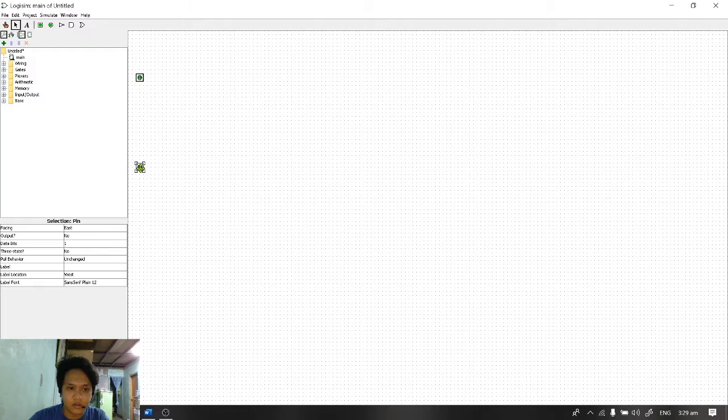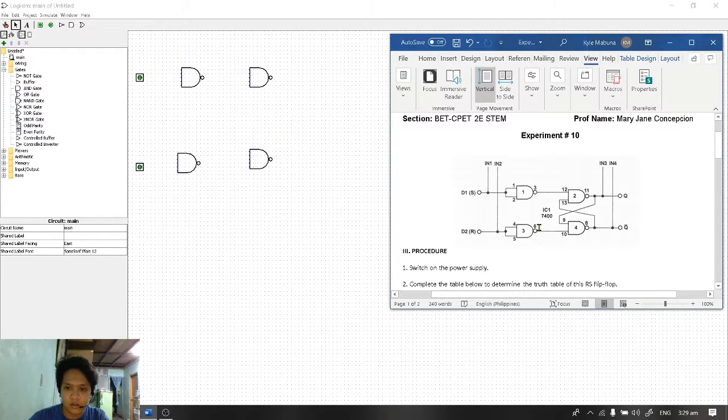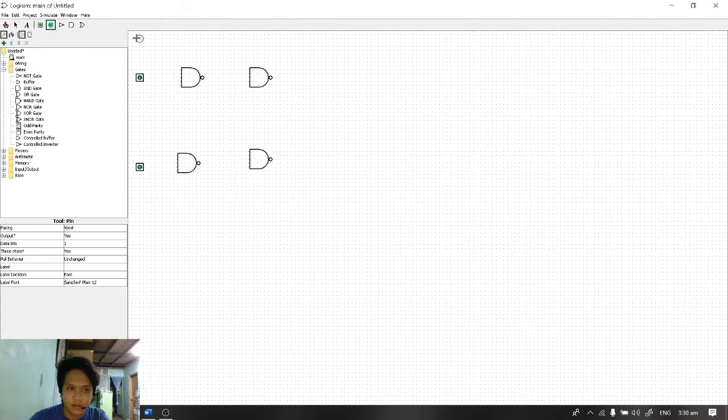dalawang input, then 4 na NAND gate para sa ating, ayun po. So bali tapos 4 na output,